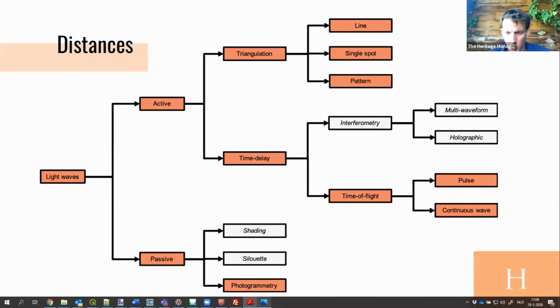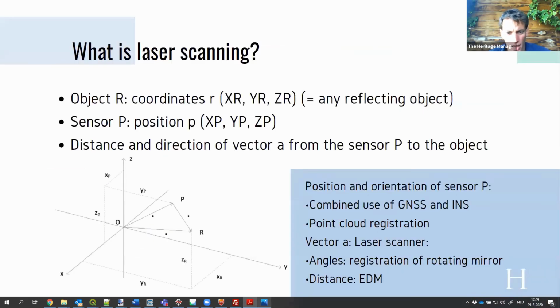And that's something that will be discussed in the next slides, how we can actually extract our distances using electromagnetic distance measurements. I don't know if you have any questions so far